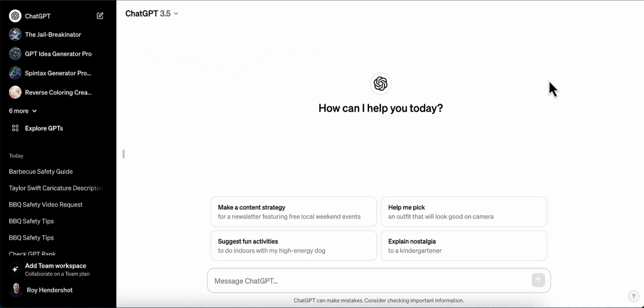So Pictory just launched a new feature. It's called Pictory GPT, where inside ChatGPT, you can go ahead and create your videos with Pictory in a seamless